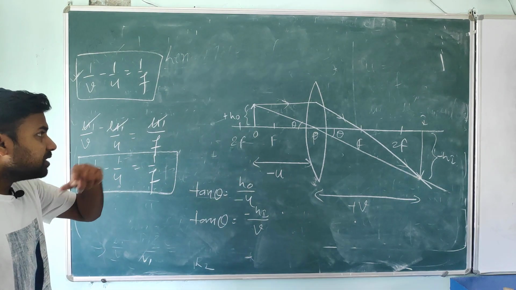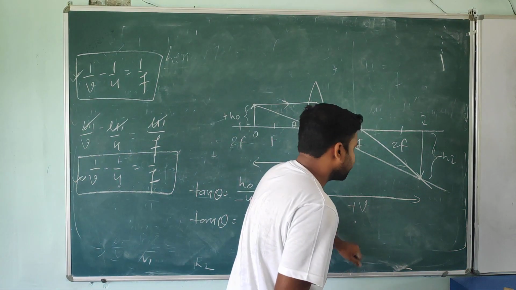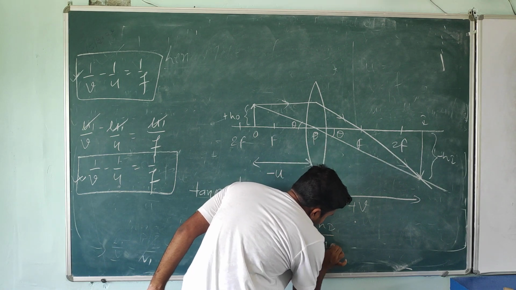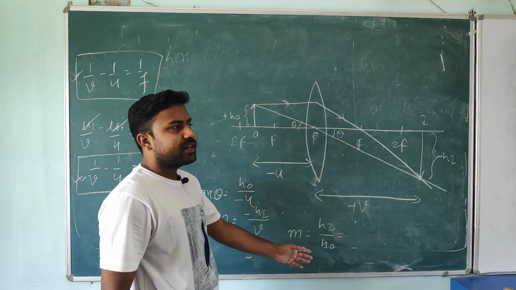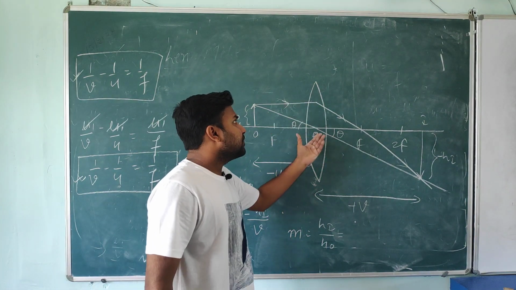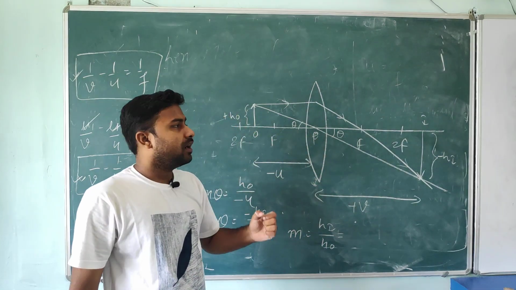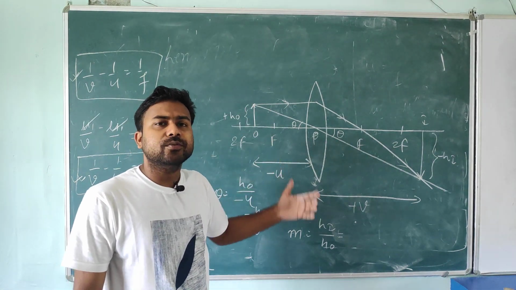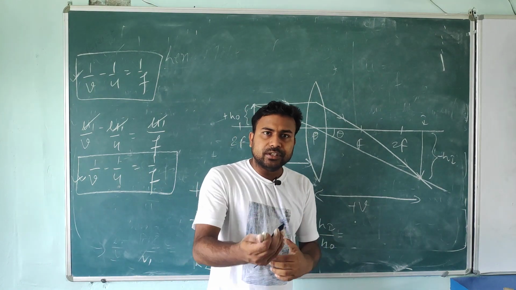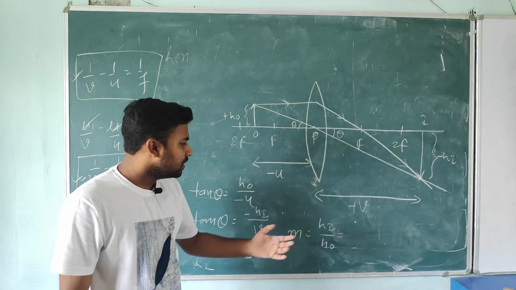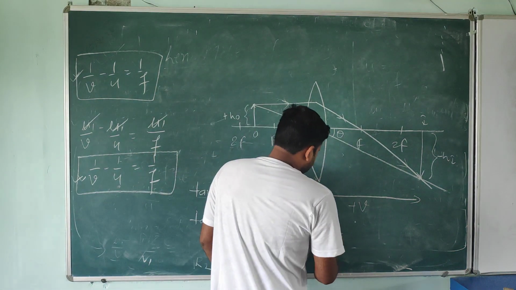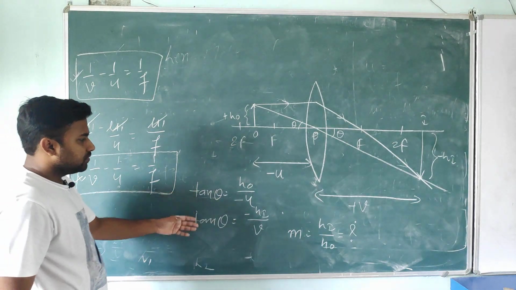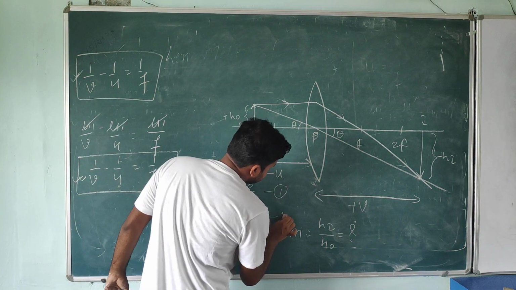v. And what is the magnification formula, students? We all know the magnification formula is height of image divided by height of object. Why am I writing this? It tells how much this lens is magnifying the object after refraction through it. And how will you get it? If you divide the height of image by the height of object, then only you will get this. So now we have to calculate this one. This is our magnification formula. These two are the same; this one I am assuming first, this one second.